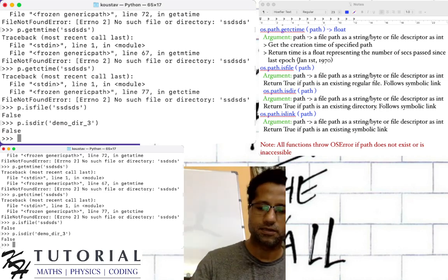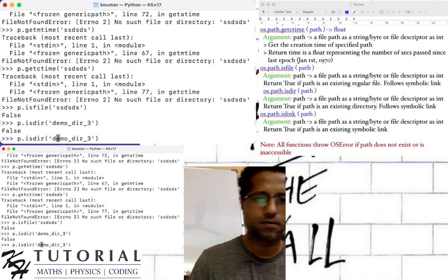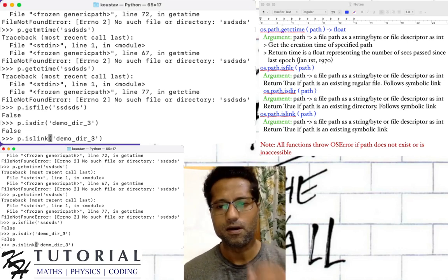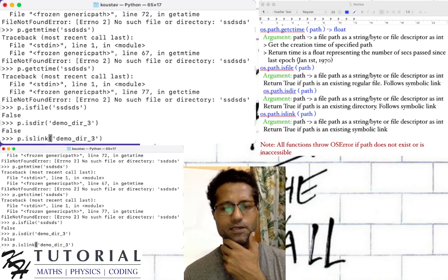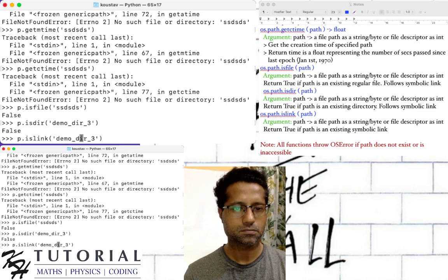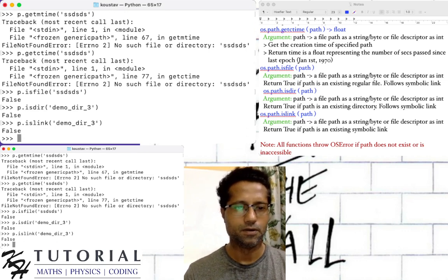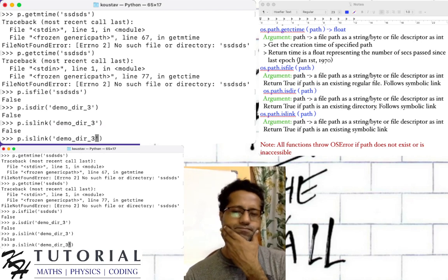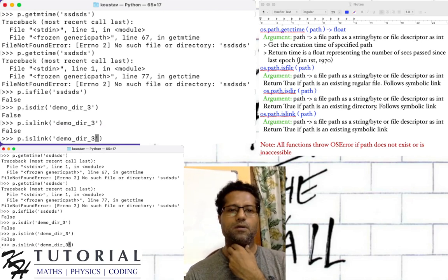Isfile, isdirectory and islink. Let's try islink. All these functions will not throw any exception if the path supplied does not exist. They will just return false, which is obvious, it does not exist. Now let's say islink, it will return false. Okay, now let's see what happens if I